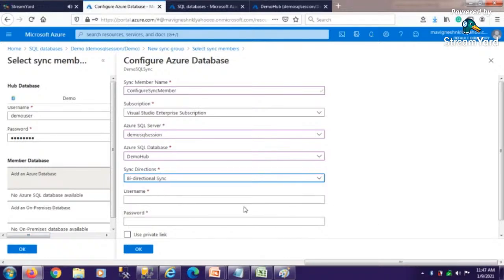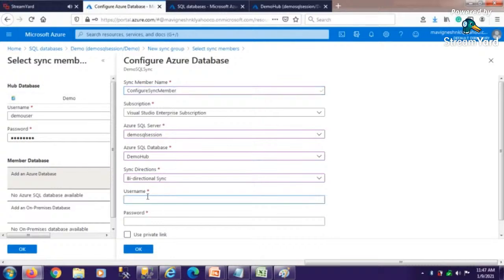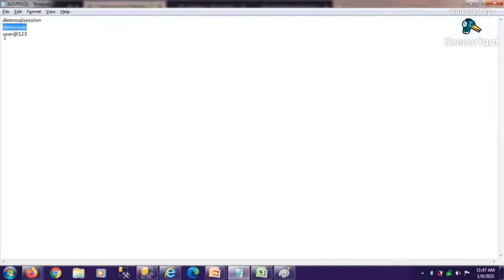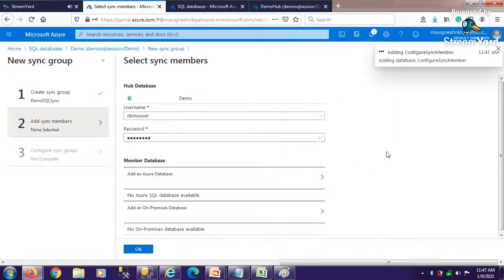You need to give the username for the configured Azure database also. Whatever configuration you give, you need to give the database credentials. But I am giving the same username and password to all the places. Today we can remember, but after some months or weeks you could not remember. So to avoid confusion, I am giving the same credential. Just click OK. Once it's completed, you can find the